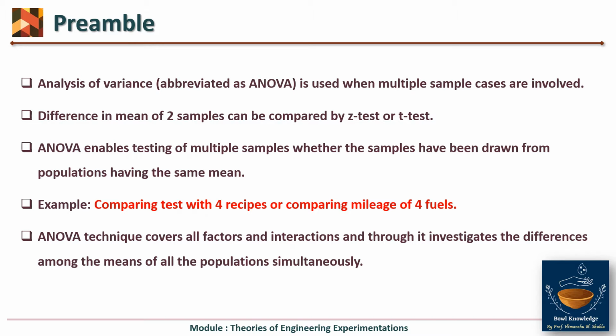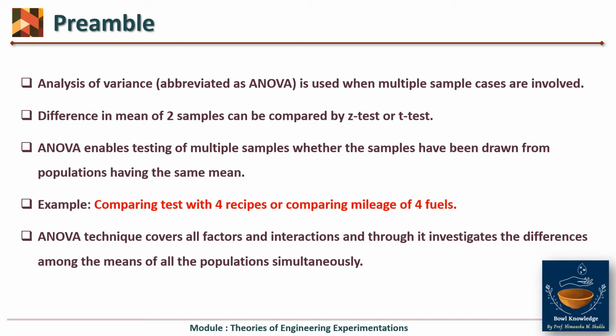So what ANOVA does is find out the difference in the mean of samples, which we can also compare by Z test or T test. That is a different matter of discussion; we will record another video for that. ANOVA enables the testing of multiple samples. Z test and T test are altogether a different lecture, but they just compare two samples. They can compare sample A and sample B. But what when the number of samples is more than 2? Then you cannot do it by Z test or T test. At such a time, ANOVA will serve the purpose.